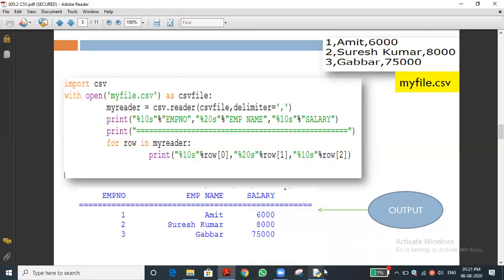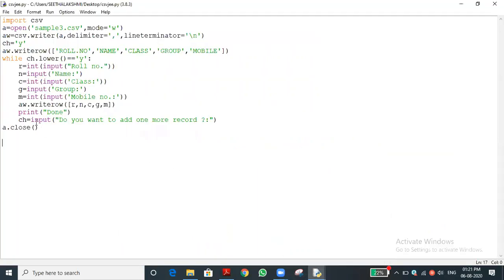Let me try that one. One minute, let me open this file again. In which mode do we need to open? Read mode. I'm giving the read mode and the file object, and we are giving the reader because we need to read the data. I'm using the reader function. The line terminator is not required because we are not writing anything into it; we open it in read mode.